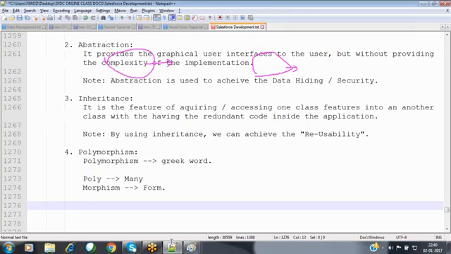Now, there might be some cases in the industry. For example, my client asks us to provide a calculator to perform some addition operation. Some user wants to perform the addition on two values, so I have provided one function for that. Some user wants to perform the addition on three values, some on 4 values, 5 values, 10 values, 20 values, 100 values also. So at that time, what needs to be done?